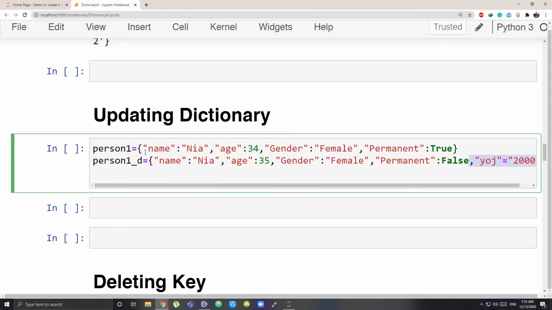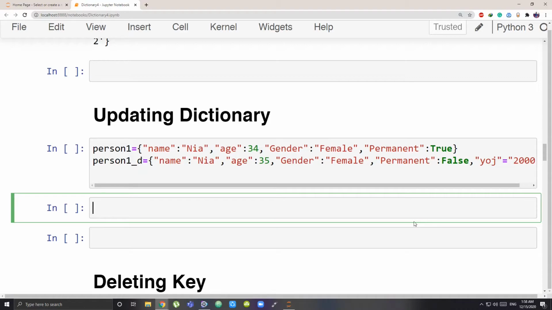Now what I want to do is update my original dictionary. That means whatever old things are there, let them be there. If there are some changes in the old things, make those changes. If anything new is added, please add that to my dictionary. So I want a complete update to my previous old dictionary using the new dictionary. How is that to be done?